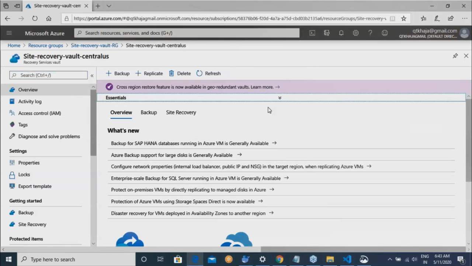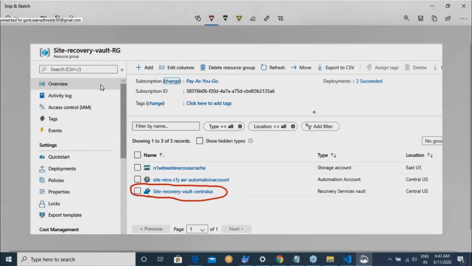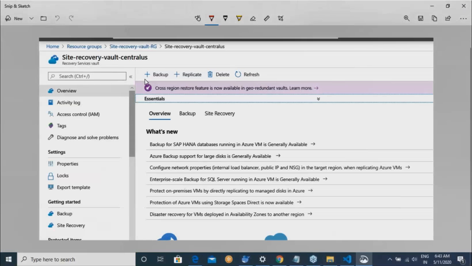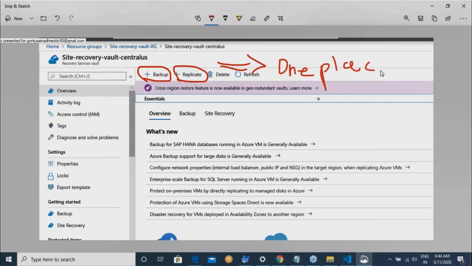When you navigate to the site recovery vault, you will be seeing options for adding a backup and adding a replication. In the earlier class, you looked at multiple options. Now this is one place from which you can take a backup or replication from any region into this, and it is for multiple services.